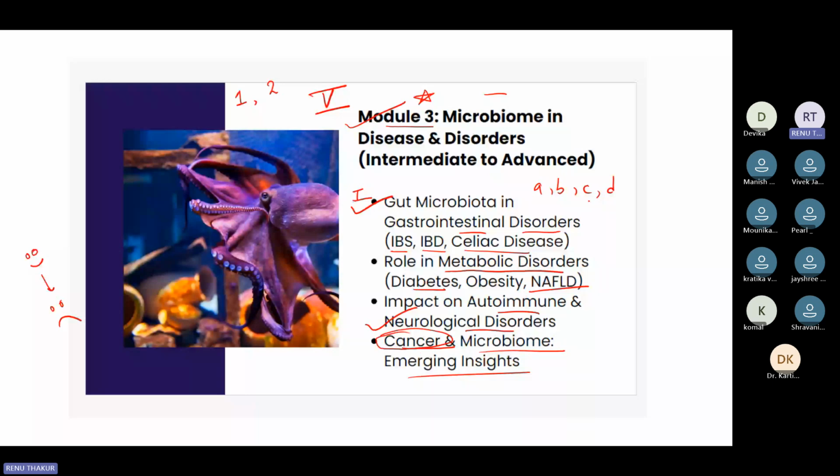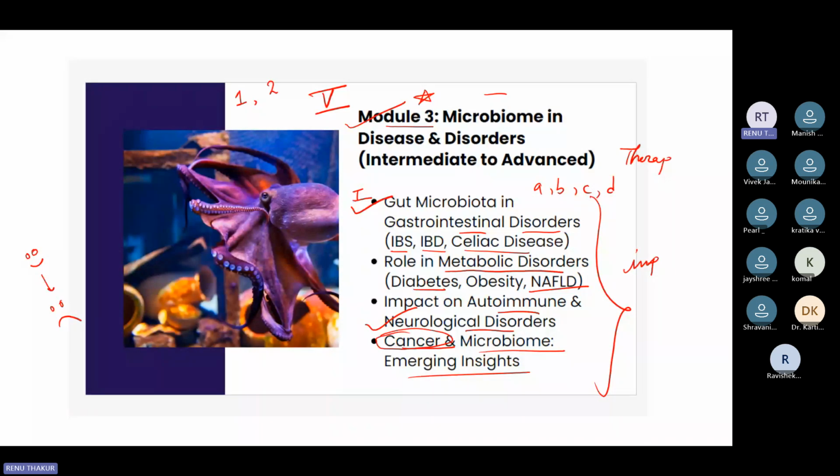So this unit is one of the most important units out of all the modules we have, because after that in module 4 we will be studying the therapeutic approaches, like if our microbiome composition is disturbed by any of the factors, how we can revert it, how we can opt for any of the available therapeutic modes, so that we can compensate for whatever we are not having naturally in our body.